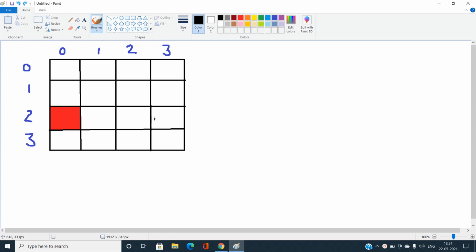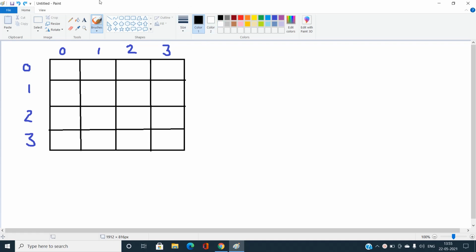Okay, now focusing on how we can do this. The approach is going to be very simple. You have to use backtracking, because n is going to be very small, and we have to traverse all the possible cases and try placing all the n queens. Can this give us a valid board configuration or not? That is, we have already placed n queens and no two queens attack each other. Okay, how can I check that?